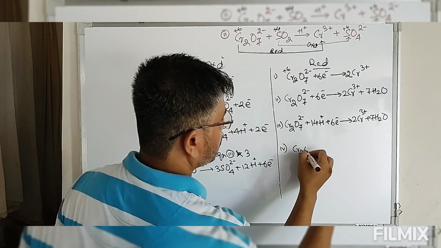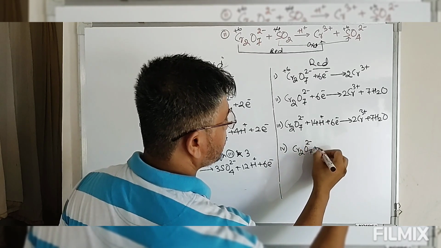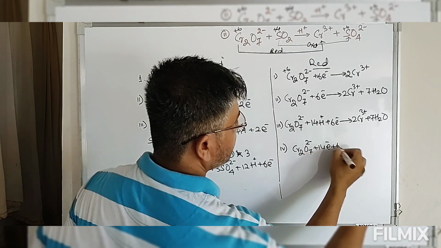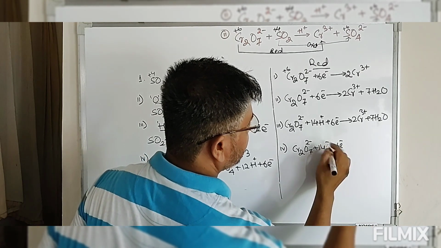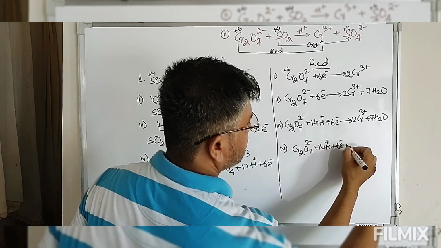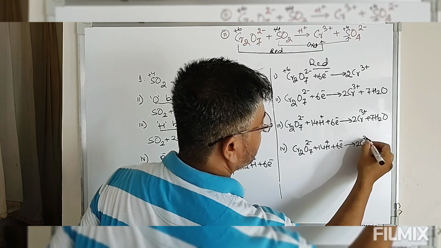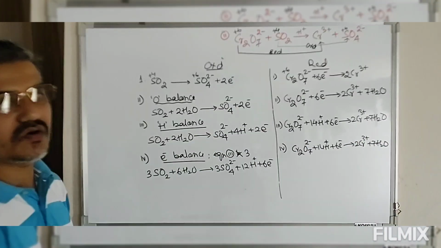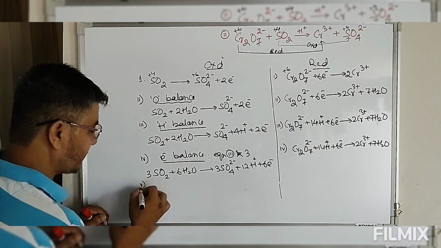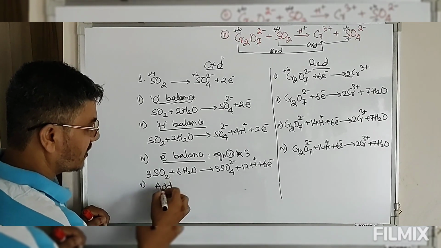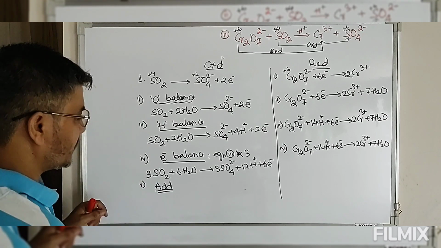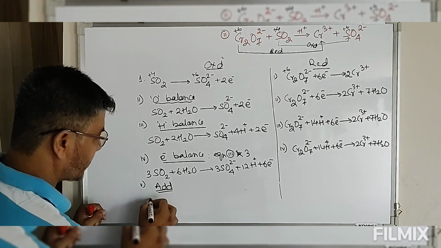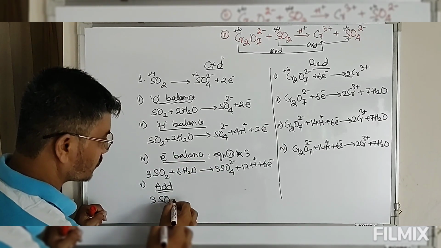So we have Cr2O7 2- + 14 e- + 14 H+ → 2 Cr3+ + 7 H2O. Now everything is balanced. The only thing is we have to add the two half reactions. So number 5 is addition. After this addition, the left side we have 3 SO2 plus